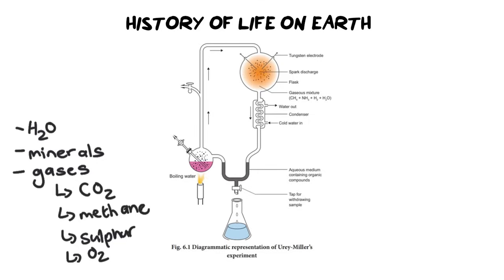And that's exactly what happened with the Urey-Miller experiment, which is what we see alongside here. And basically what they did is they set up a set of apparatus to mimic or simulate what primitive Earth looked like and had available to it. And they wanted to see if we just left this setup to run, would we ever get the building blocks of life? Now, what they did is they took a boiling tube and a boiling flask and they boiled